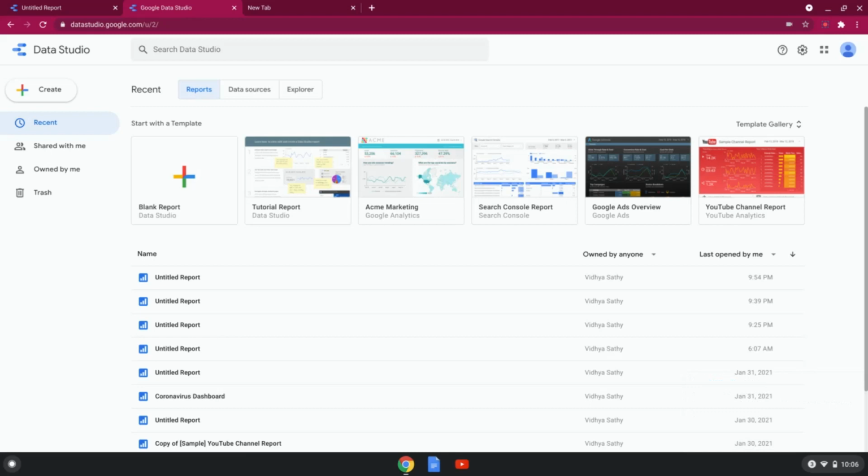In this session, we will be focusing on connecting, navigating, and getting to know Data Studio and the basic terminologies used. So first, let's go ahead and click on datastudio.google.com. And the moment we do it, we will get this dashboard where you can start creating your reports. So now first, let's create a blank. Let's click on the blank report.